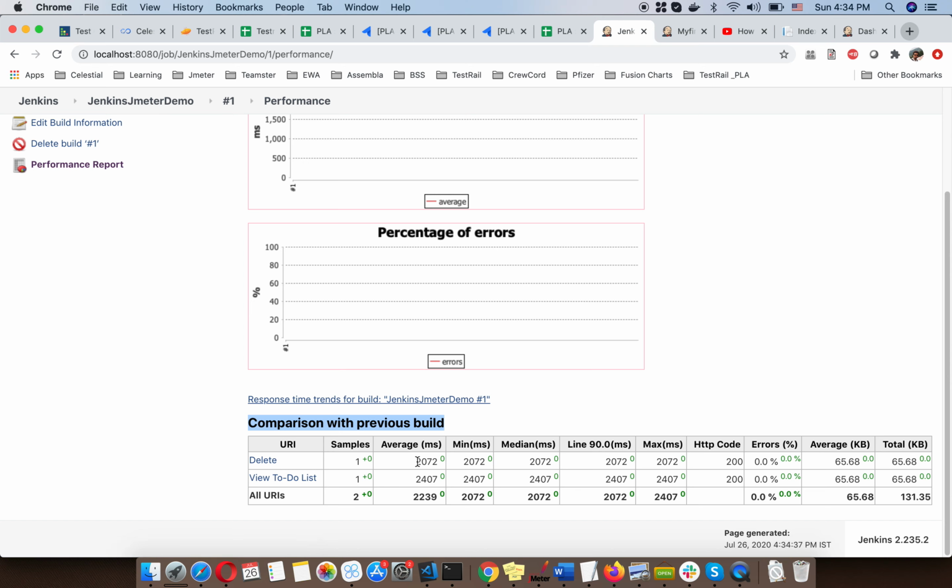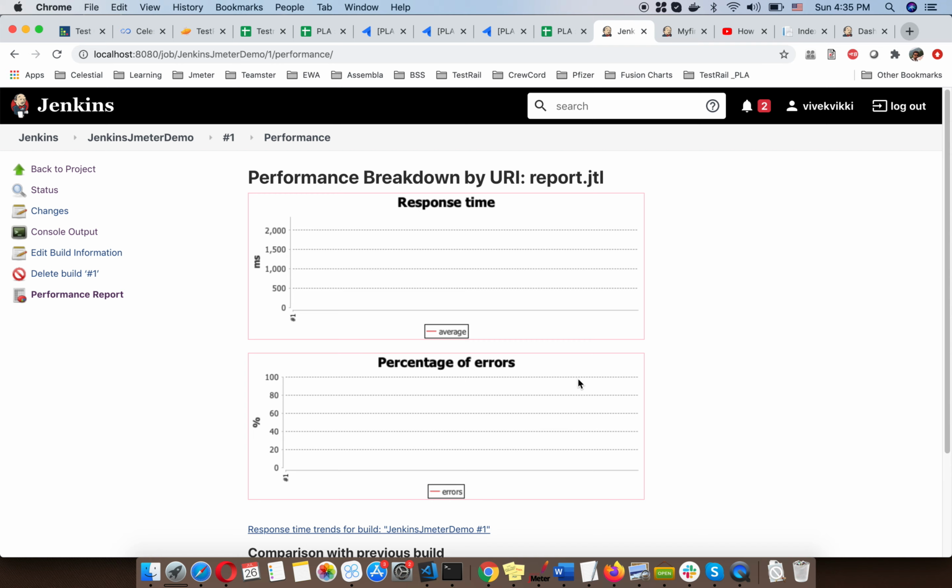This sample has taken this average response time, and this request has taken this response time. Minimum, median, line, max, and error percentage is 0. This is the total KB, whatever data has been used. This is the overall report generated based on your execution.